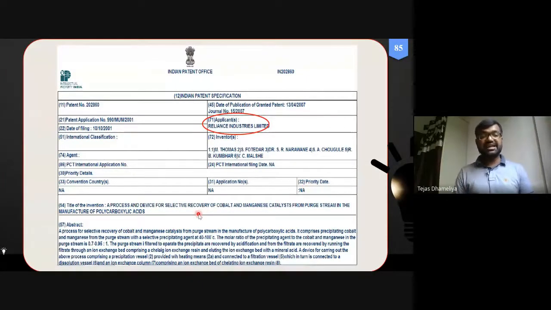Title of the invention: each and every patent should have a brief title, and this title should define what is the scope of the patent, what is the field of expertise that has been covered. That has to be reflected in the title, and it should not be like big jugglery slogans. It should be as simple as possible so that people can identify the core concept in this patent.